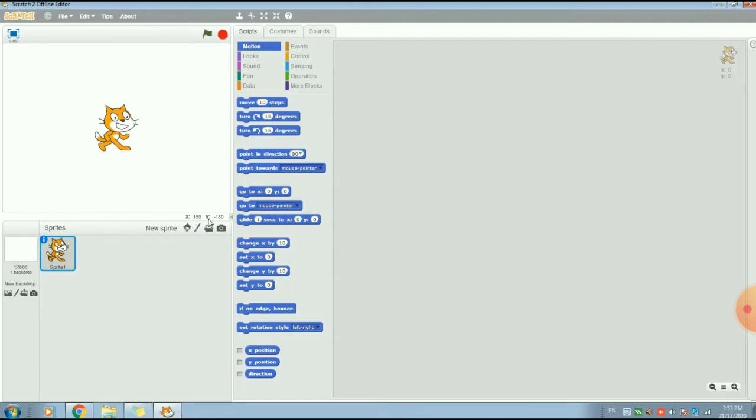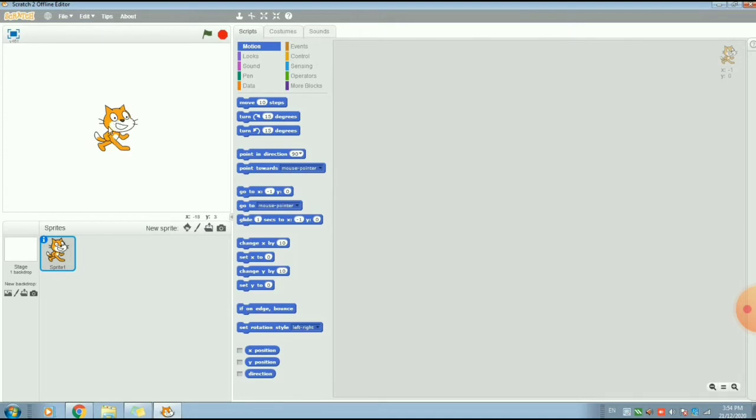These x and y coordinates you can see at the bottom of the stage here. The vertical line is called the y coordinate and the horizontal line is called the x coordinate. You can see here, when I am moving the sprite by clicking on it and dragging the mouse, when I move vertically the y coordinate changes, and when I move horizontally the x coordinate changes. So horizontal is the x coordinate and vertical is the y coordinate. When it is in the middle, it will become 0, 0.